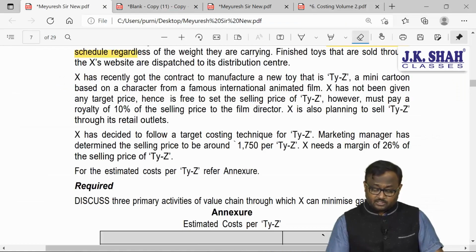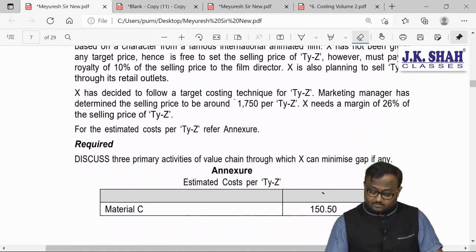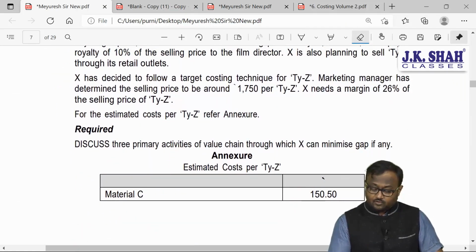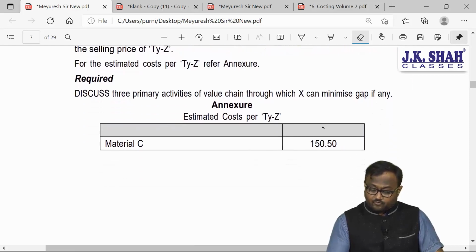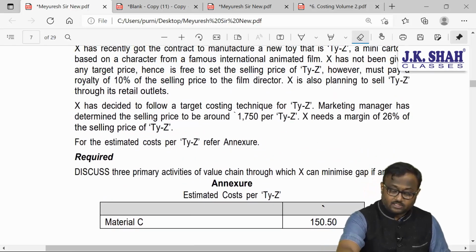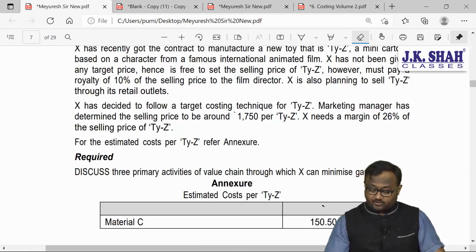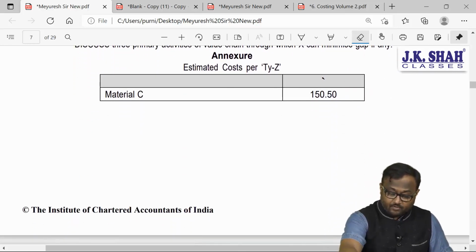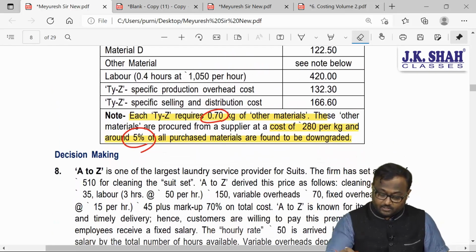My next calculation is target costing. Target costing says, okay, 1750 is the selling price. From 1750, there is a 26% profit required. So 1750 minus 26%, my target cost is 1295. From 1295, I am reducing my existing cost structure 150.50,